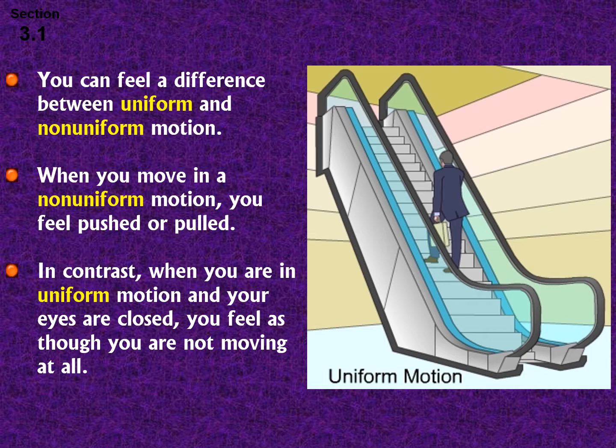And going up an escalator, as this man is in the image, is uniform motion. You're just moving up at the same velocity. Once you've stepped onto it and begin moving, you remain moving at the same velocity all the way until the point where you're about to step off. So for that entire length of the escalator, you are under uniform motion. That's a really good example.